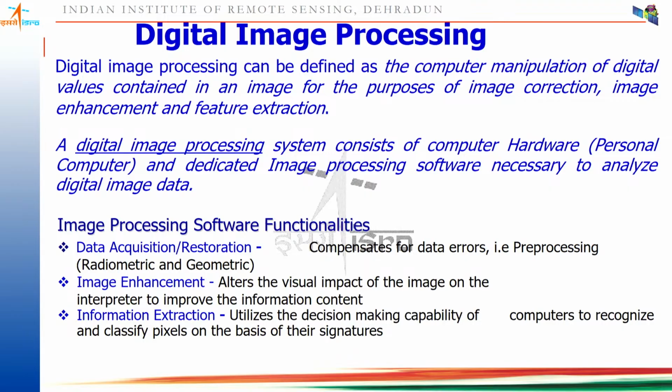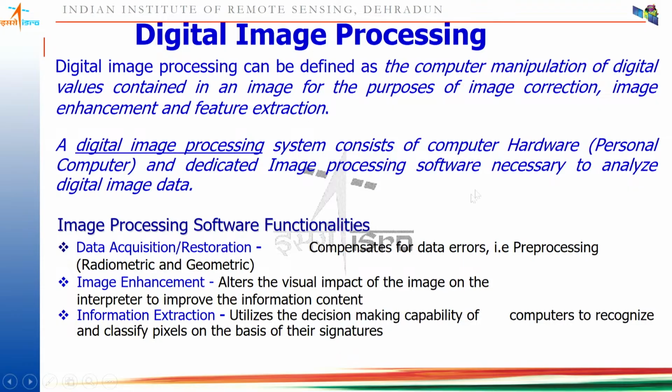So if we are talking about Earth observation digital image processing, the software should provide 3 basic functionalities. First one is removal of all kinds of errors. That means removing the radiometric and geometric errors which are inherent in a satellite image. This is termed image pre-processing, and we are going to see this section in detail.